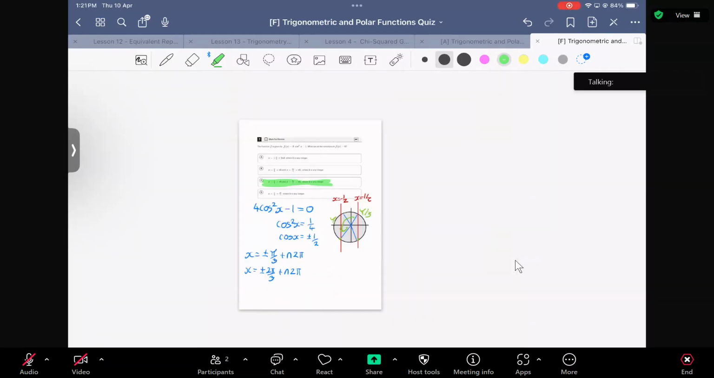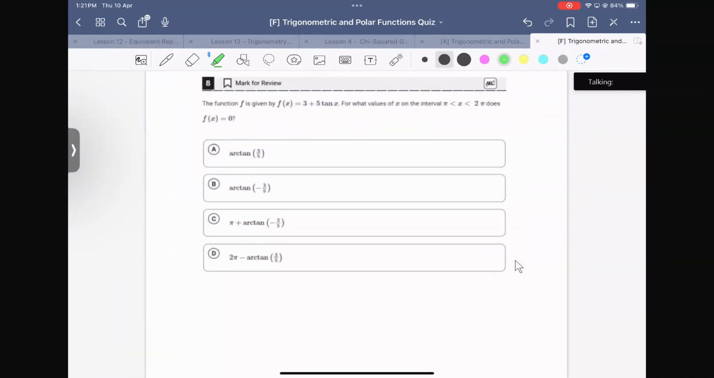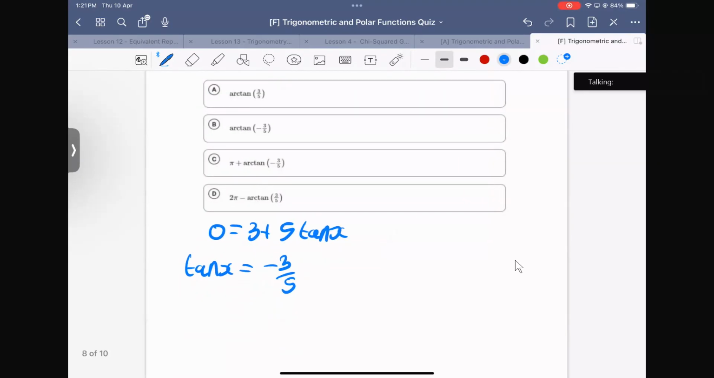What are we on now? 4 minutes. Question 8. Ooh, this one is hard. This is the hardest question. So we've got the equation 0 is equal to 3 plus 5 tan x. That means that tan x is equal to minus 3 over 5. Now, arctan